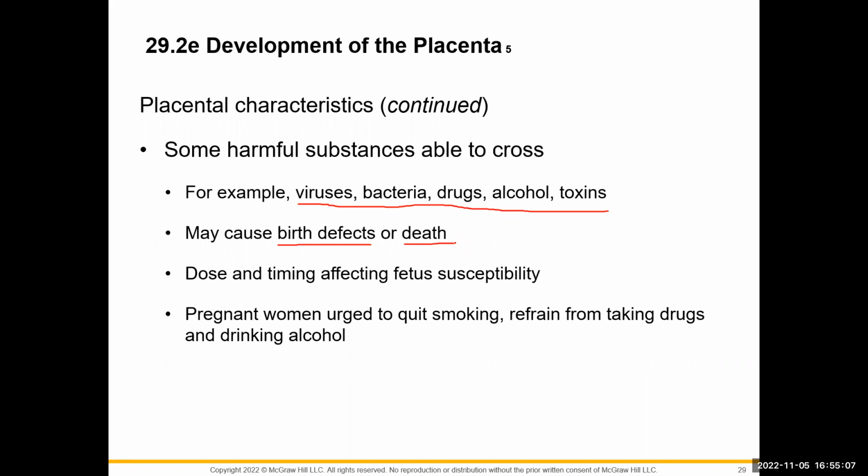Not good. Same thing with certain drugs that can cause genetic issues. Also the same thing with alcohol. Fetal alcohol syndrome is a condition you'll see in some children when they're born, and you can get some physical deformities from it, but more notably, you'll see some mental deficiencies in those children that have fetal